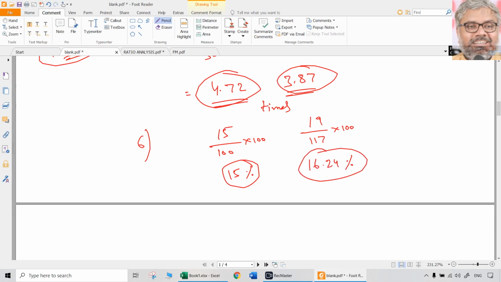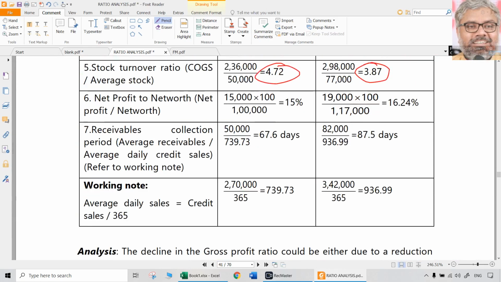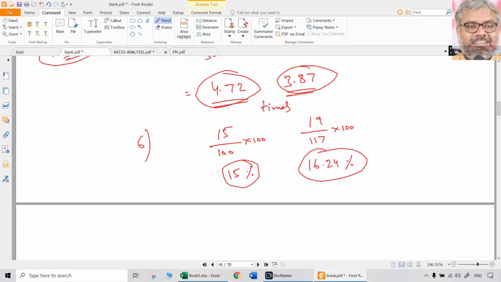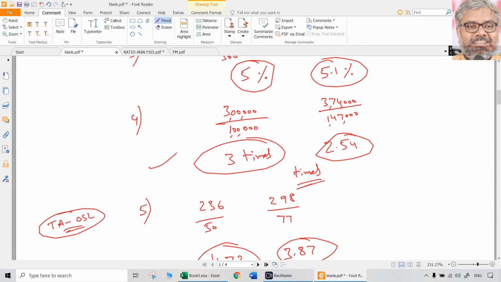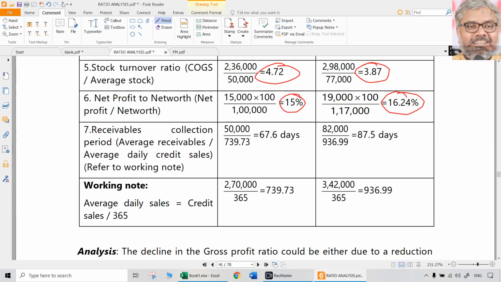That is the sixth ratio that was asked. Let us check that also with the answers. So 15%, 16.24%. That is the sixth ratio. Now, the seventh ratio, the last one in this question, was asking about